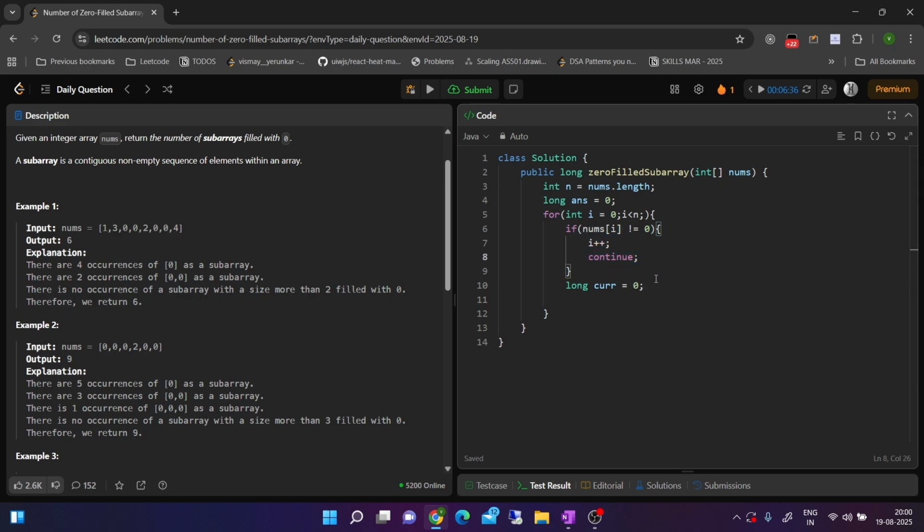Okay, then we will initialize our j pointer, and j will start from I, and we will increment our j till it is within the bounds, and the number at this position is equal to 0. We will increment current also, and then let's move ahead j, and this will give us the number of zeros which are present in a contiguous subarray. Okay, so at the end